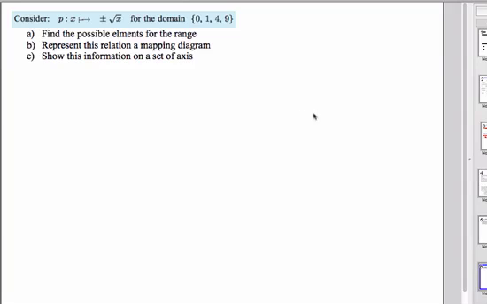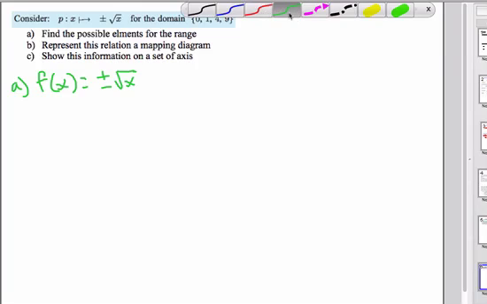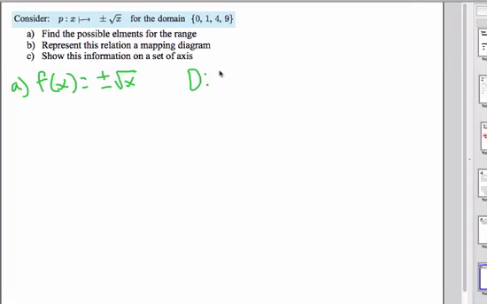Okay, in this next one, we have this function. Let me rewrite that as f of x equals positive or negative root x. That means your x values are going to map to 2 different values. So find the possible set of elements for the range. Okay, so let's start off with the domain. Let's stay in green. Let's start off with the domain. The domain is